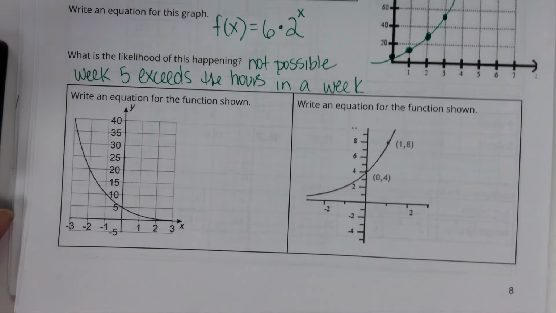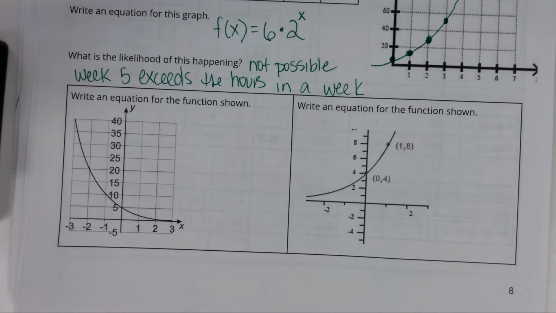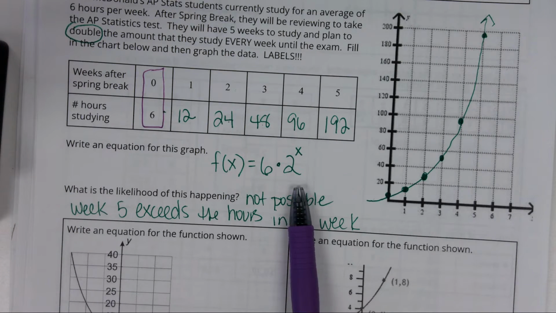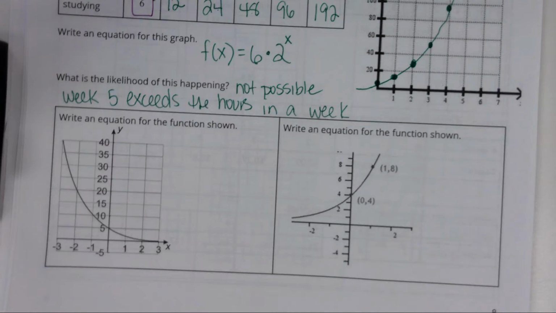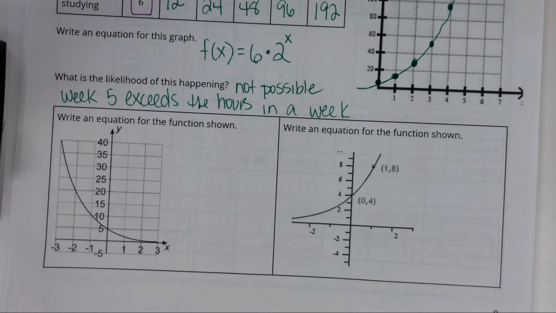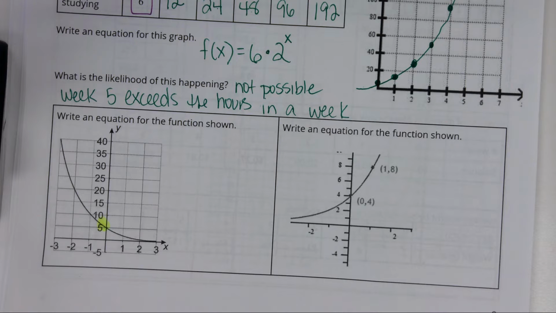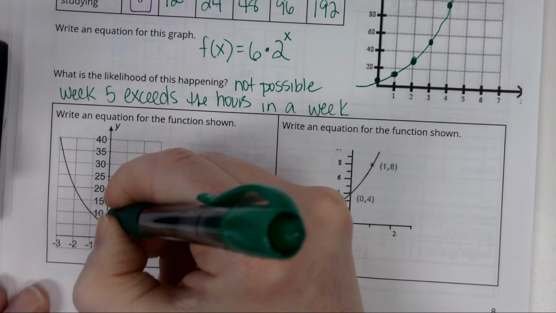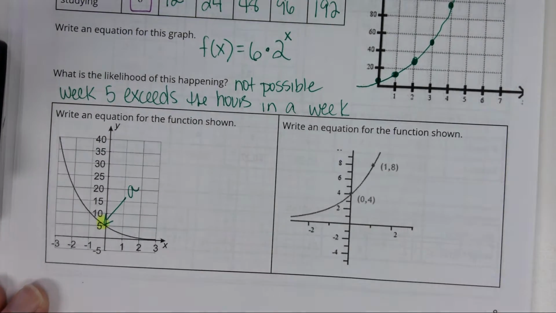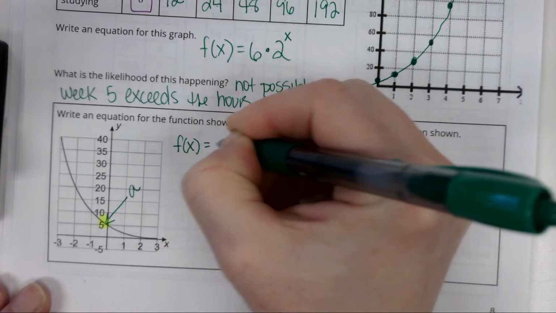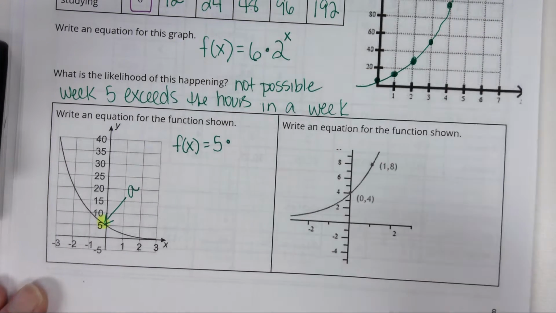All right, let's practice writing equations again. So remember, we need our initial value and our multiplier. And if you're thinking it's divided, change that to multiplication. So first, let's find the initial value. It's on the y-axis, where it's 0. So the initial value is your a, that's right there. So what's my initial value? 5. So I'm going to write f of x, or you can write y equals 5 times,